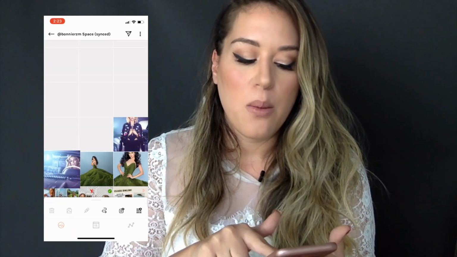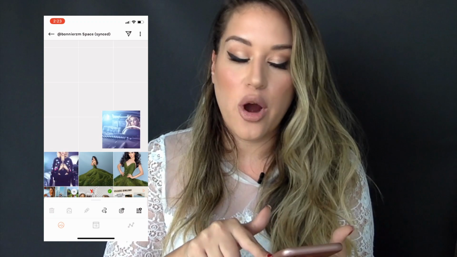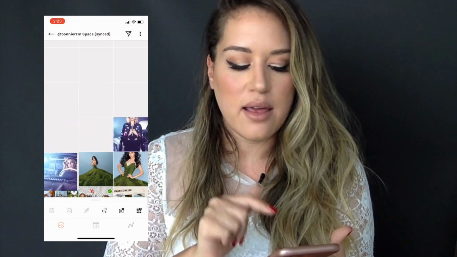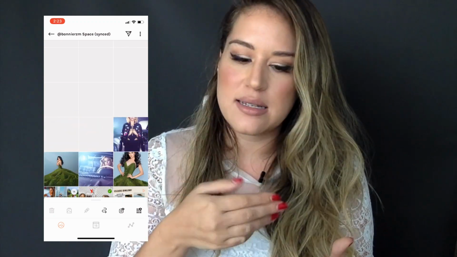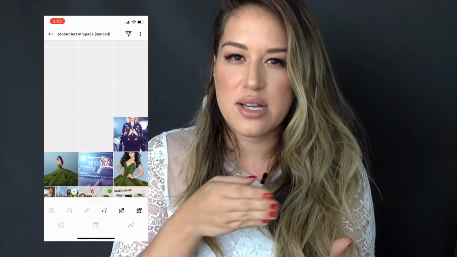So you can determine if you like one photo next to another one, if it gives the message that you want to give on your social media. So maybe in this case, I like it like this, or maybe I would like to see how they look if I don't post it this exact way. So I just hold the image, move it around, and it could go wherever I want. So let's say that I want it in the middle, so it breaks these 2 photos that are very similar.